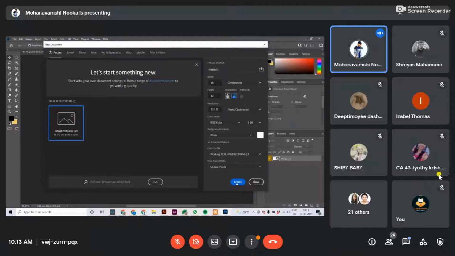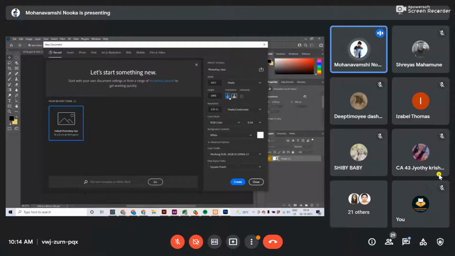So this is the Photoshop window. When we start, we open an artboard, so you can create your own artboard. You can name it here, for example, like this.